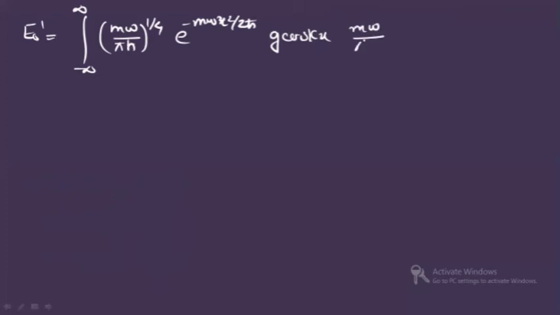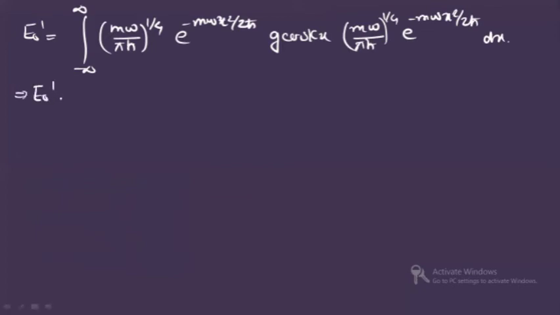Integration minus infinity to plus infinity. First we will write psi star. So it is m omega by pi h cut whole to the power 1 by 4 e to the power minus m omega x square by 2h cut. This became psi naught star. Again you are having Hp, Hp is equal to g cos kx, right? And again you will have psi naught, m omega by pi h cut whole to the power 1 by 4 e to the power minus m omega x square by 2h cut dx. Clear?